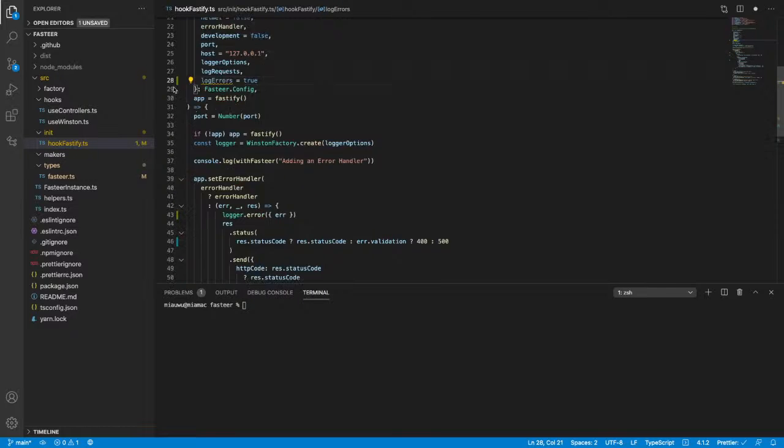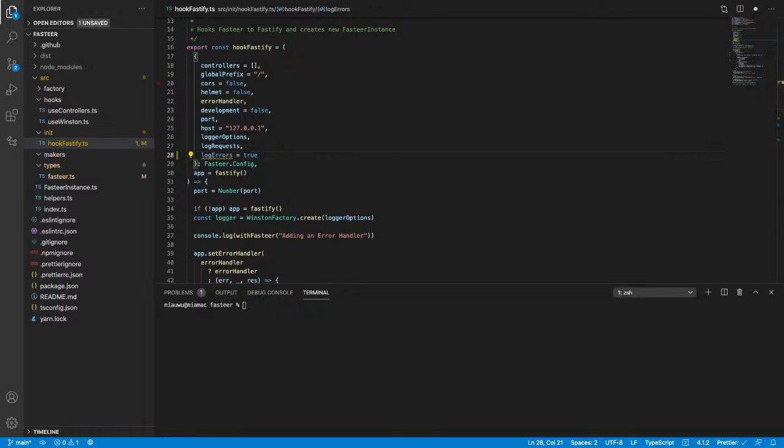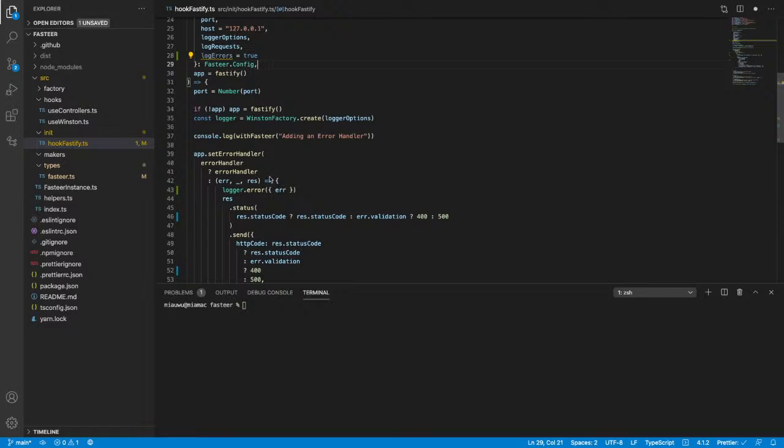True because someone may not want to log it, someone may want to log it. Depends on the person, but by default, I think you should have them visible to you,